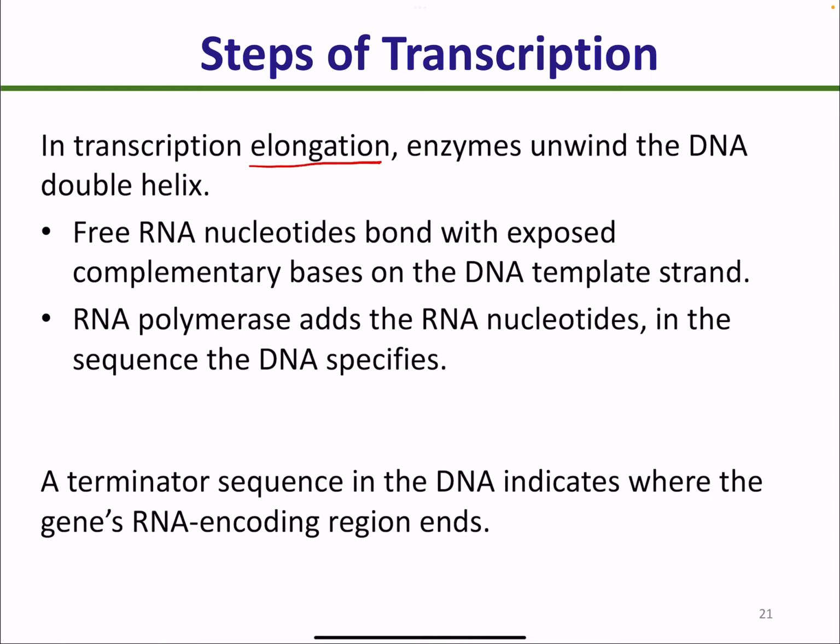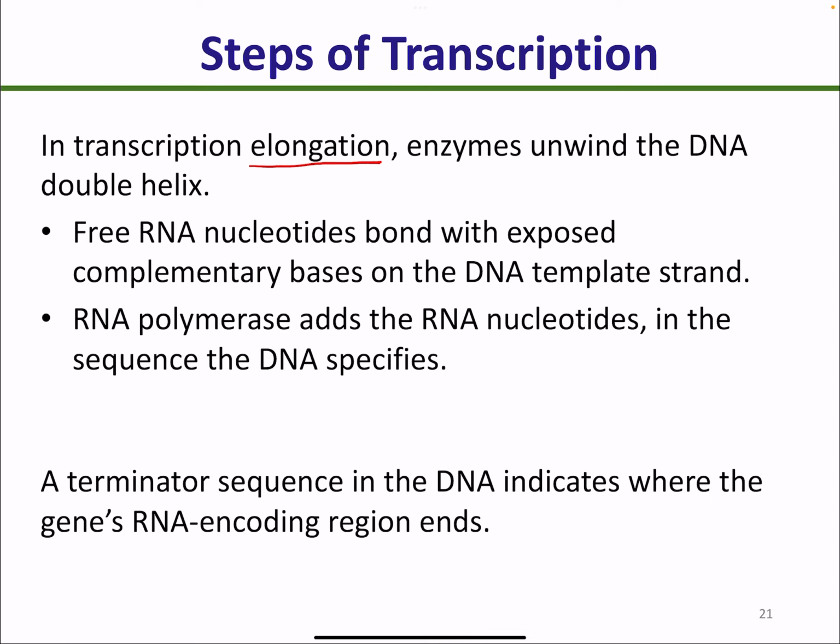That elongation is done by RNA polymerase, okay? But that elongation also implies that DNA is being unwound, right? You have to unwind DNA to make the template available for